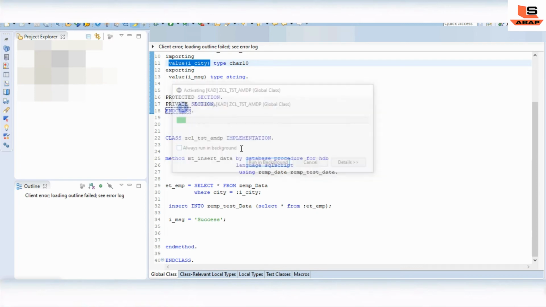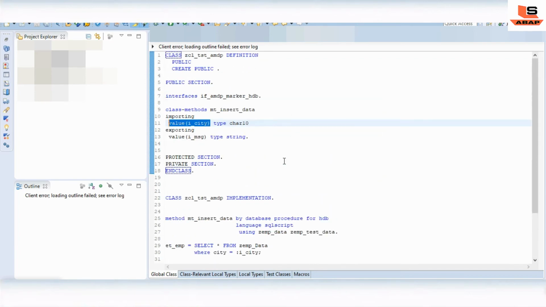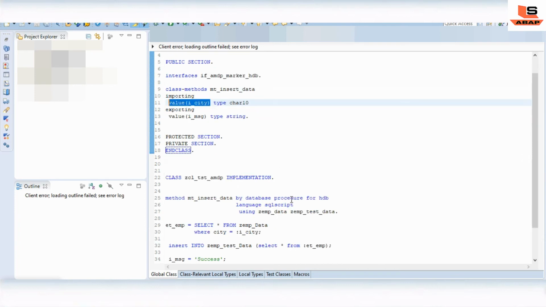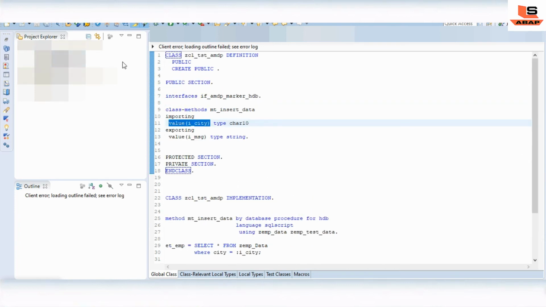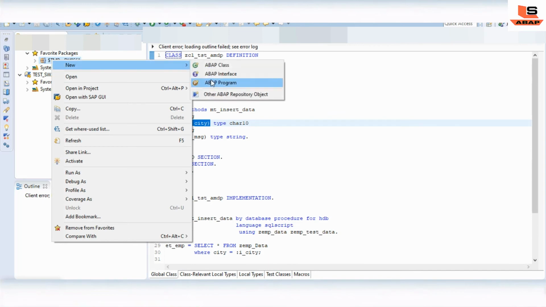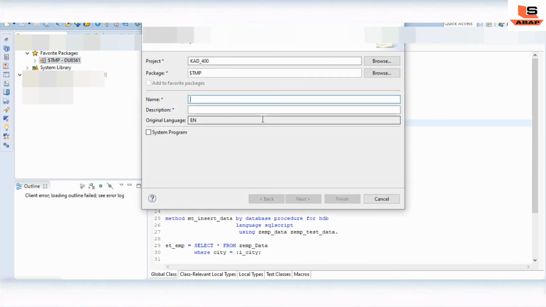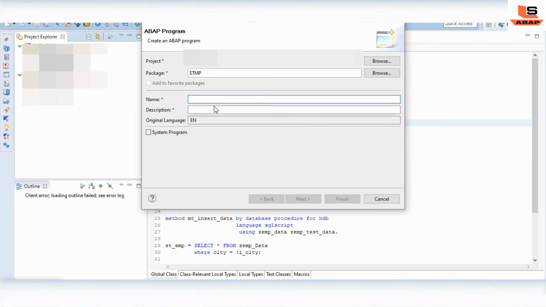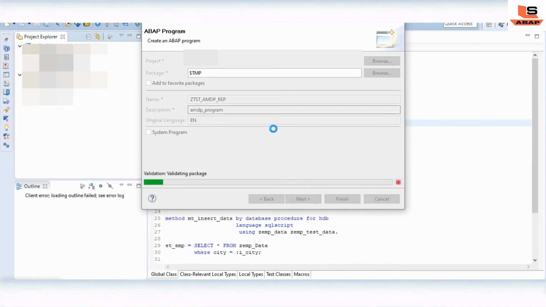Okay, so now we are done with our AMDP class and AMDP method. Okay, so let's create one simple program. Just right click on your package, new, and give the name of the program. Here we'll give the name ZTST AMDP report. Okay, the next,